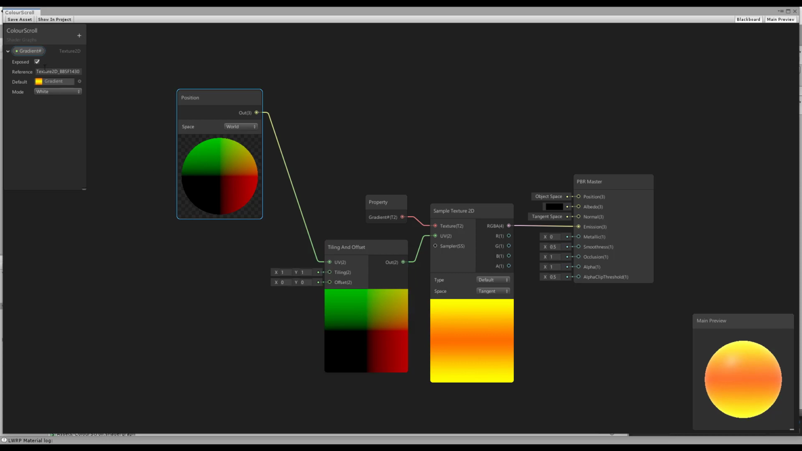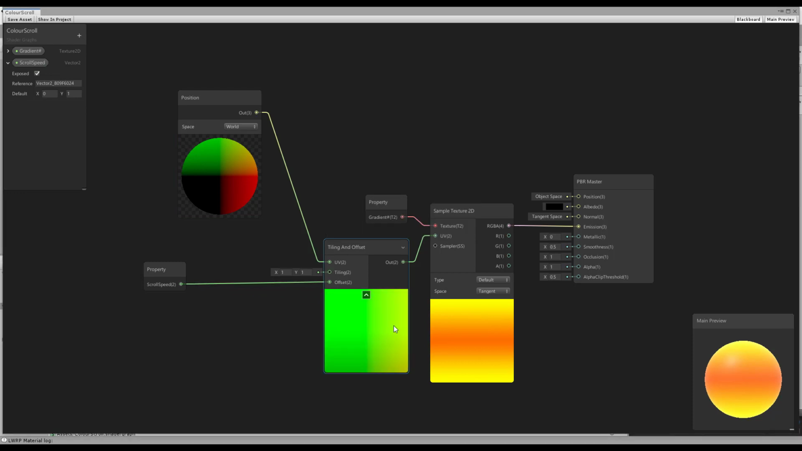Now our second parameter we're going to create is a vector 2, and we're going to call this scroll speed. To begin with, I'm just going to have our texture scroll along the Y, so I'm going to change this to a speed of 1. If I drag this over, I could plug this into the offset option here, and you'll see that it is just offset the texture. There's no animation here, it is just offset by a value of 1 on the